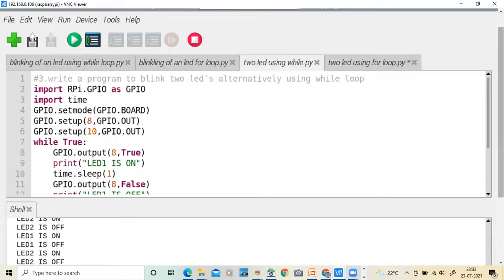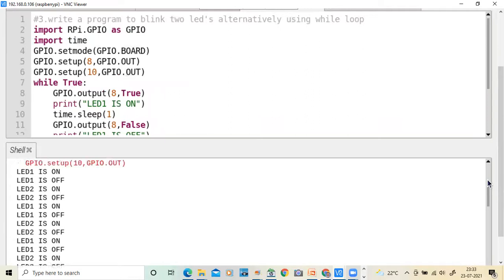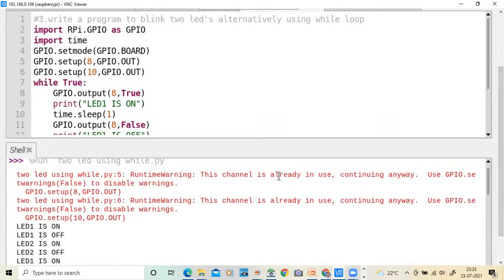And one point, students, my dear friends, listen here. Initially we are getting these warnings. If you observe, what type of error is it? It is a warning only, it is not an error. We used pin number 8 and pin number 10. The message says this channel is already in use, and continuing anyway.